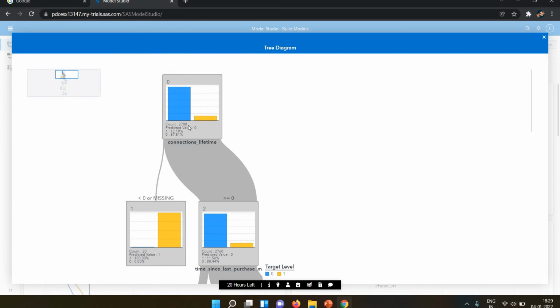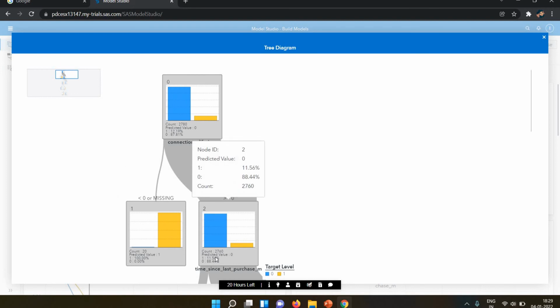Its count is 2780, predicted value is 0, and the 1 is 12.19 and 0 is 87.1. 0 and 1 are related to the influencer. Connection lifetime, here you can see, the count is 20, predicted value is 1, and 100% is showing as 1.